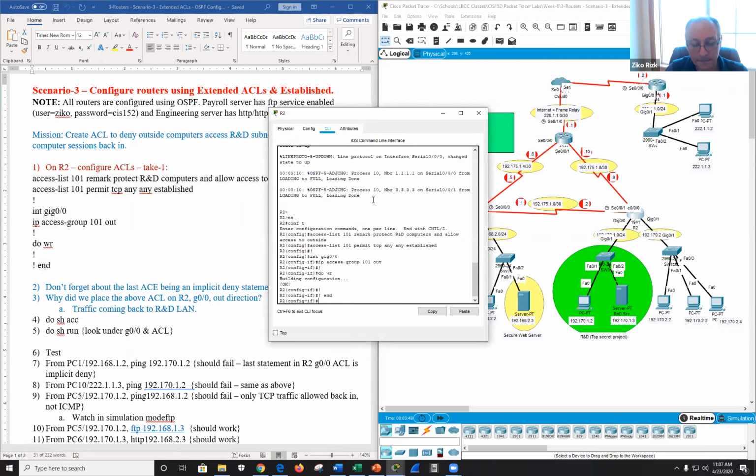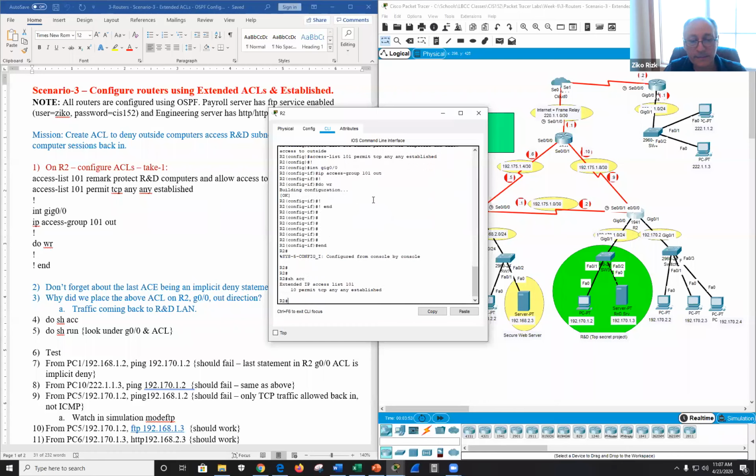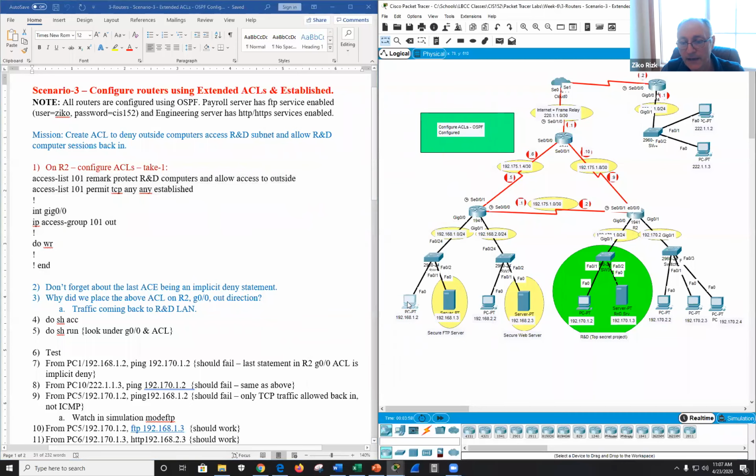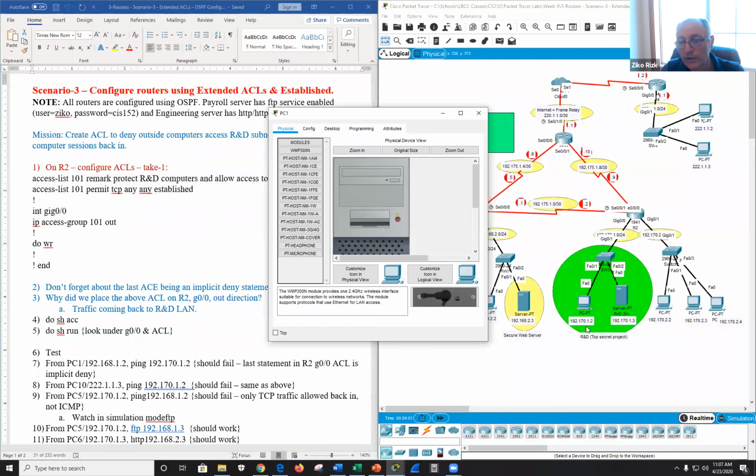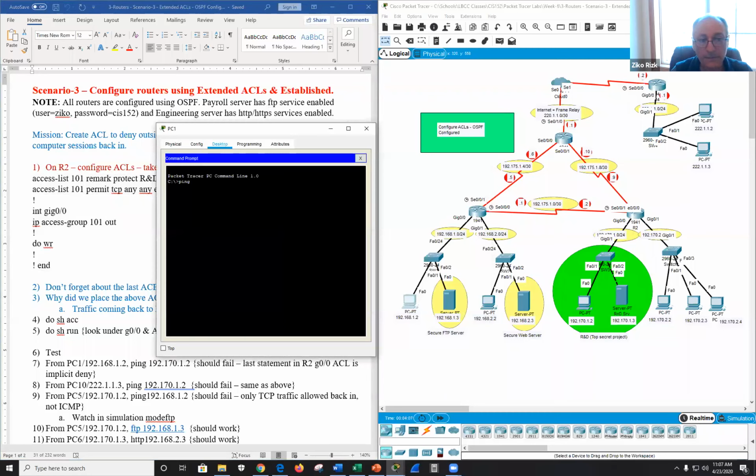And paste it. Show access. Here it is. And let's see if people from the outside can get in. So let's see if I can ping one of those R&D computers from the outside. So ping